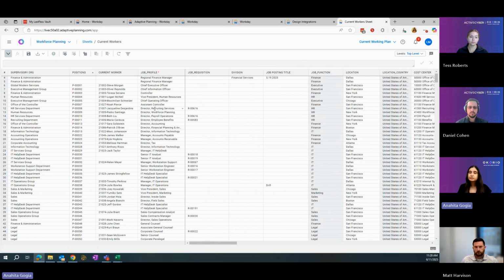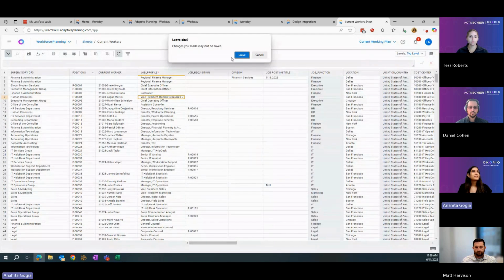And since we have Power of One enabled and also user sync and all of that, it allows you to drill in from the Adaptive side back into Workday. So if I was to pick a random job profile, right click, and then drill into detail,